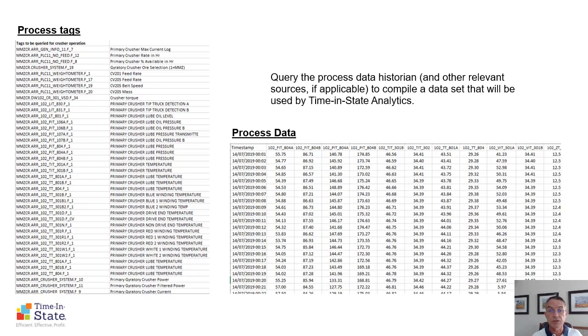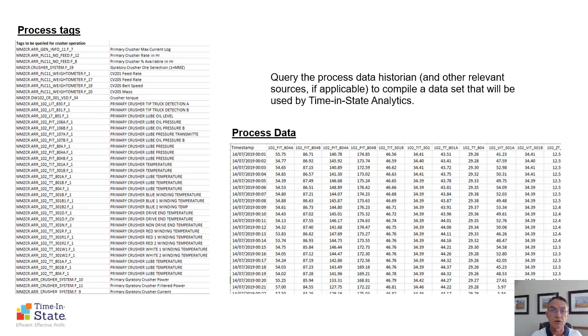On the right-hand side, you can see a typical example of the process data that we extracted. You'll see on the top row there are your different tags listed. In the left-hand column, there are the different timestamps. In this particular case, the timestamp is at a frequency of 1 minute, so we extracted data from the process historian on a 1-minute interval. In this case, we used a 3-month interval to characterize the behavior of these different modules